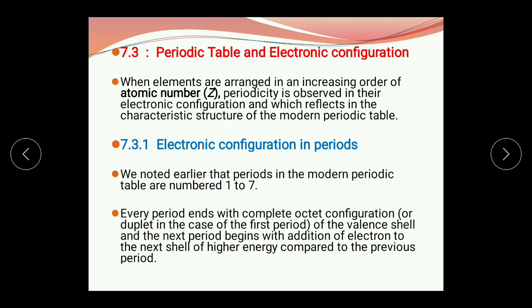Fourth shell, K, L, M, N, now the N shell, with principal quantum number 4. Fourth shell has 4 subshells, S, P, D and F. F has 7 orientations, that means 7 orbitals, and it has a capacity to accommodate 14 electrons. That means the fourth shell, N, the nth shell, has 4 different subshells, S, P, D and F. S can accommodate 2 electrons, P can accommodate 6 electrons, D can accommodate 10 electrons, and F can accommodate 14